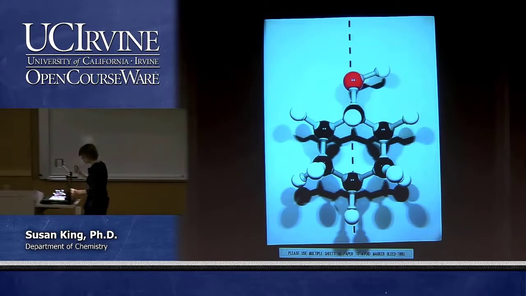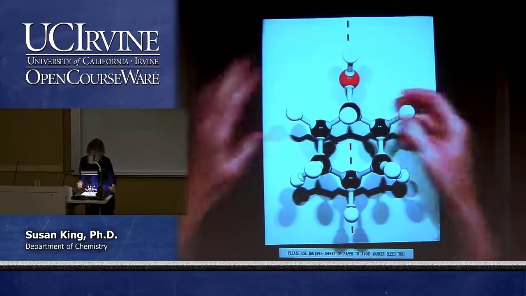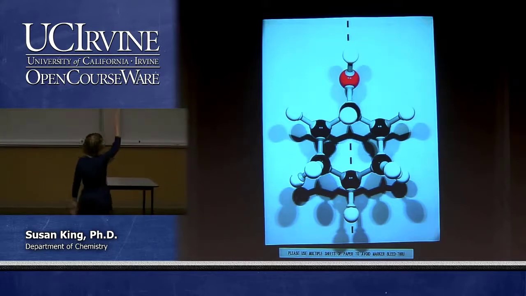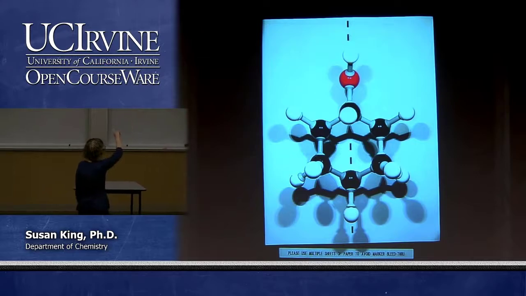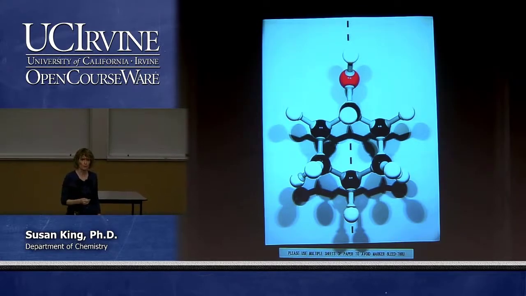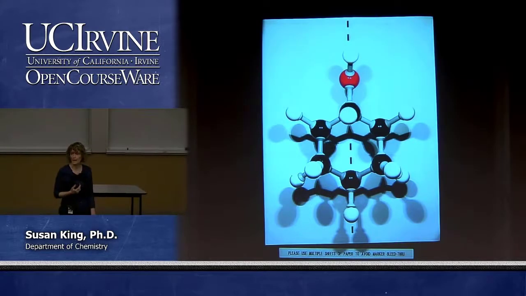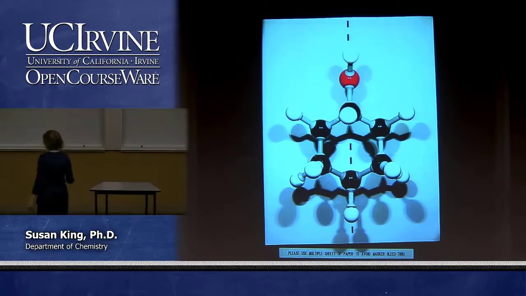But if I rotate it like this, I can slice that, right? So I'm going to slice that bond, that bond, that bond. That side is the exact reflection of the other side. So it is chiral or achiral? It's achiral. All you need to do is find one orientation where there's a plane of symmetry. You can always rotate things so there's no plane of symmetry, but you just have to find one that has a plane of symmetry, and that automatically means that the molecule is achiral. Okay? And the other thing is that